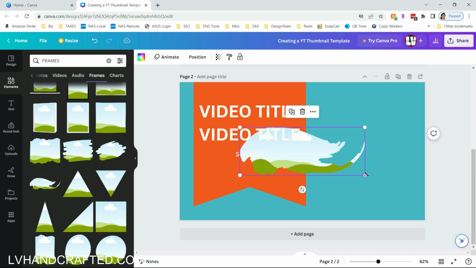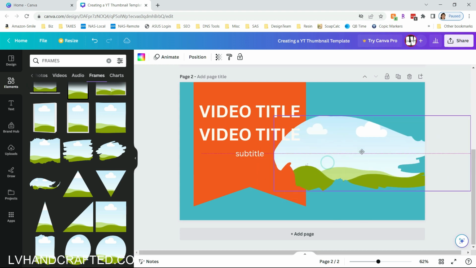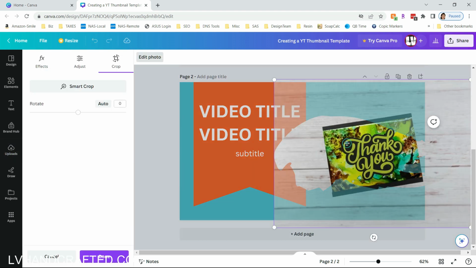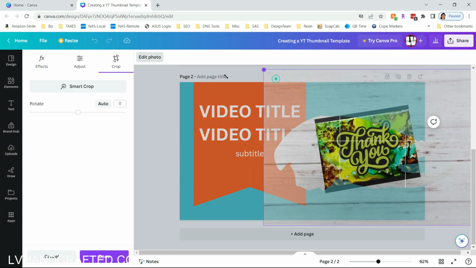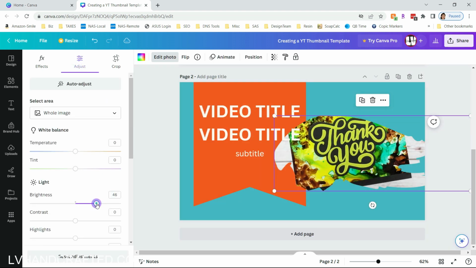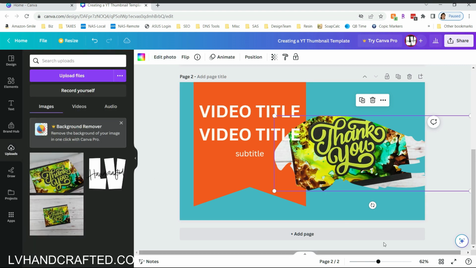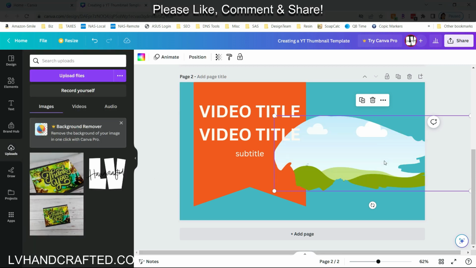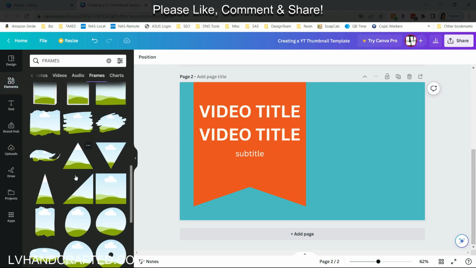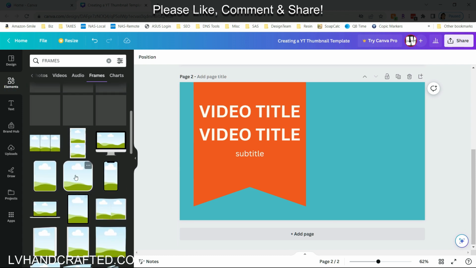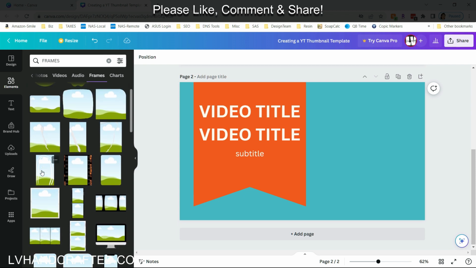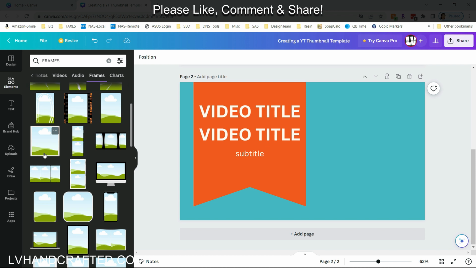Here's another fun one that might actually show you a little bit better how these frame elements work. So if I were to drag my project over, you can see that it's clipped to this kind of swoosh design, and it is just an interesting different way of showcasing your project. And so I'll go back and just get that plain square again, just so that we can keep this nice and simple. But you should explore and see all the different options that are available to you,